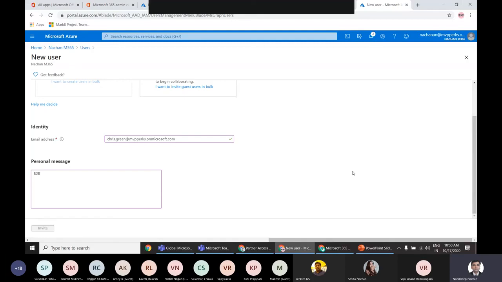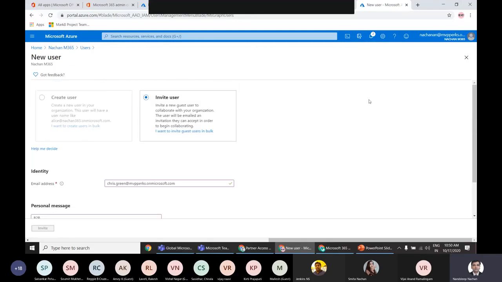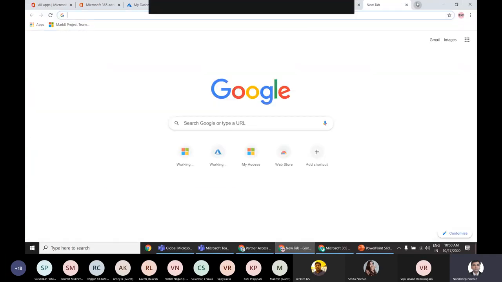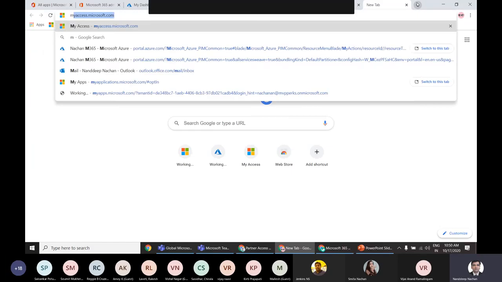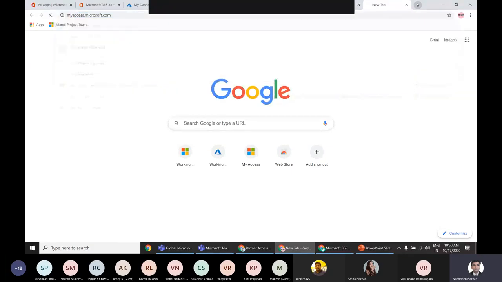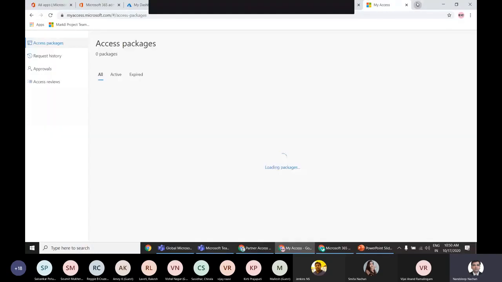He will get that email, and finally, once we go to myaccess.microsoft.com, the user from the other organization, that means from Fabrikam, should be able to see all of the accesses or all of the apps that have been shared with that particular user from the Contoso domain.